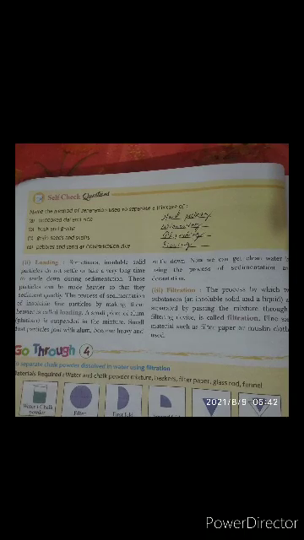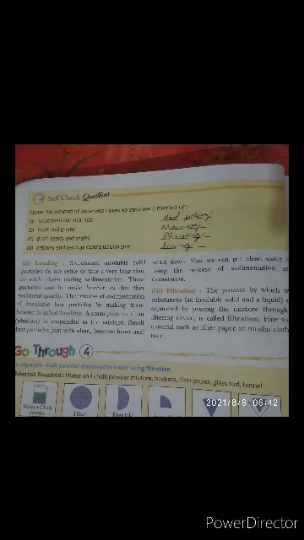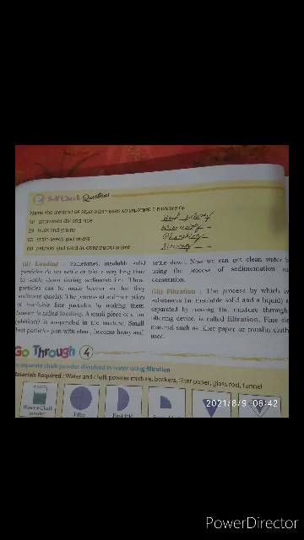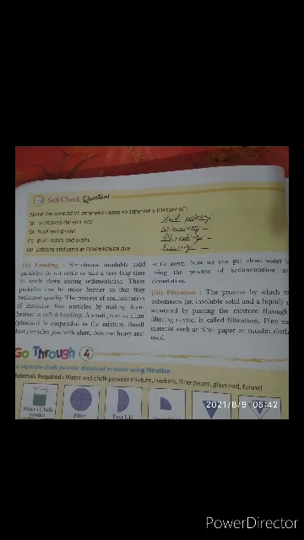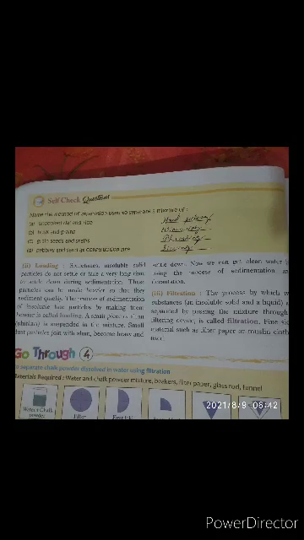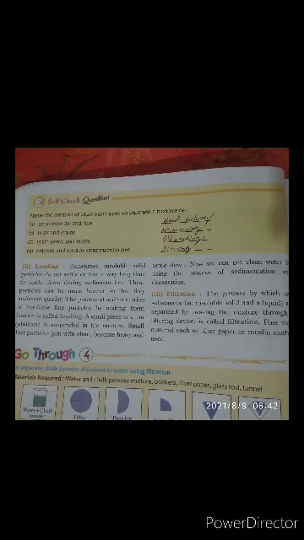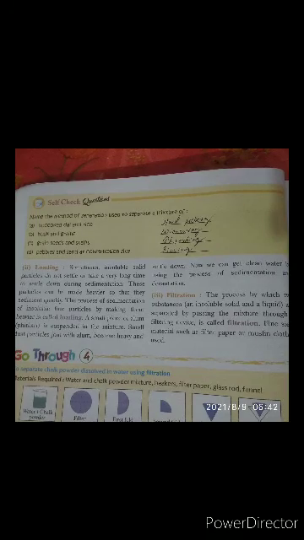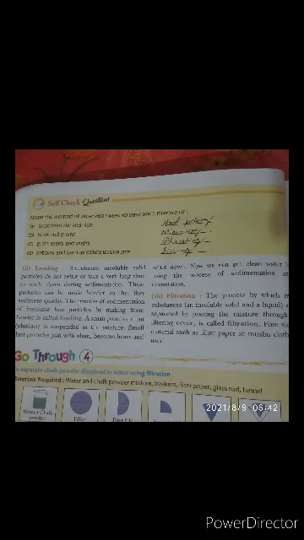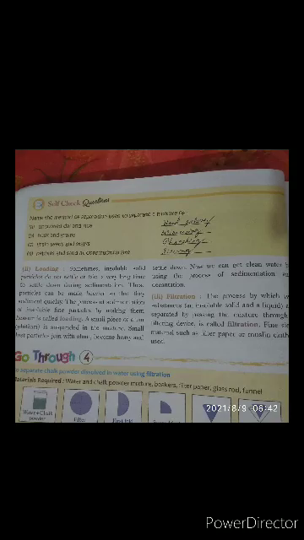Now we can get clean water by using the process of sedimentation and decantation. If we mix alum with that water, the dust particles will automatically become heavier, then sedimentation will happen quickly. After that, decantation we can do.